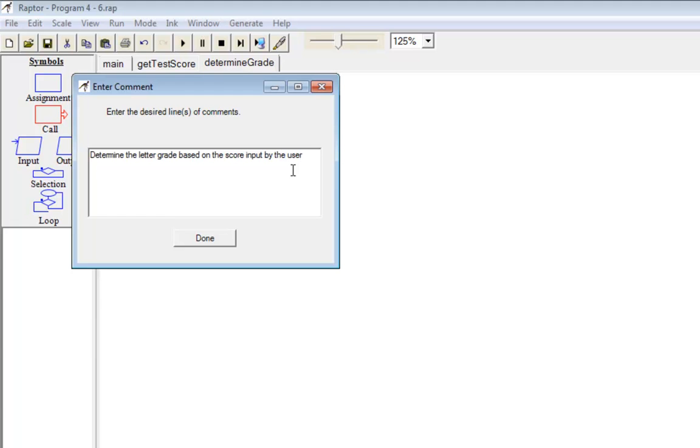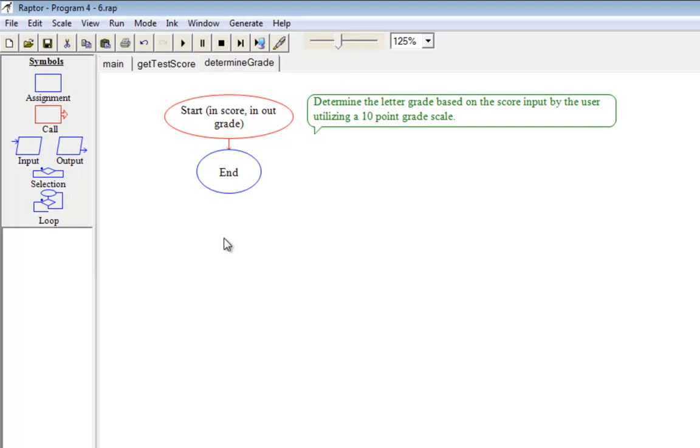And I'm just pressing enter so that this doesn't get to be a huge long comment. So we're going to determine the letter grade based on the score input by the user utilizing a 10-point grade scale. Okay. Now this is where we have all of our logic figured out already. Remember, we have that algorithm that's back in your text. So we're going to start out looking at,